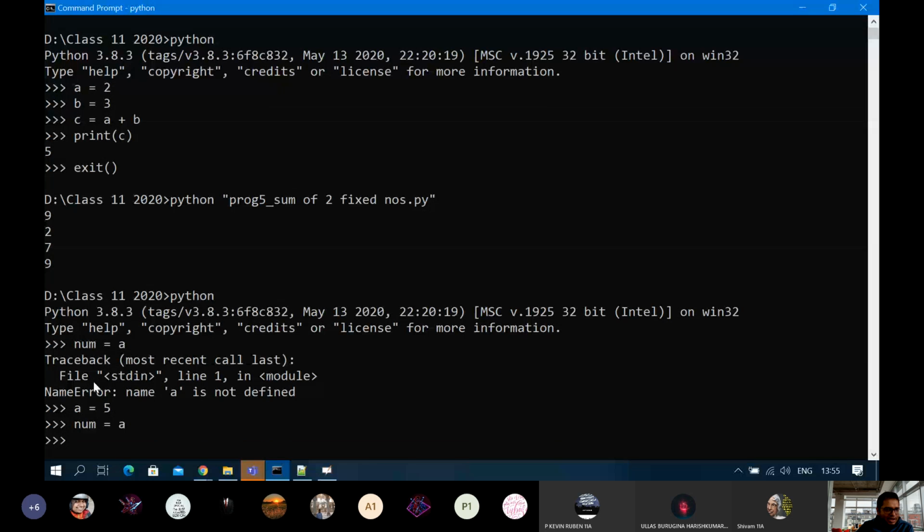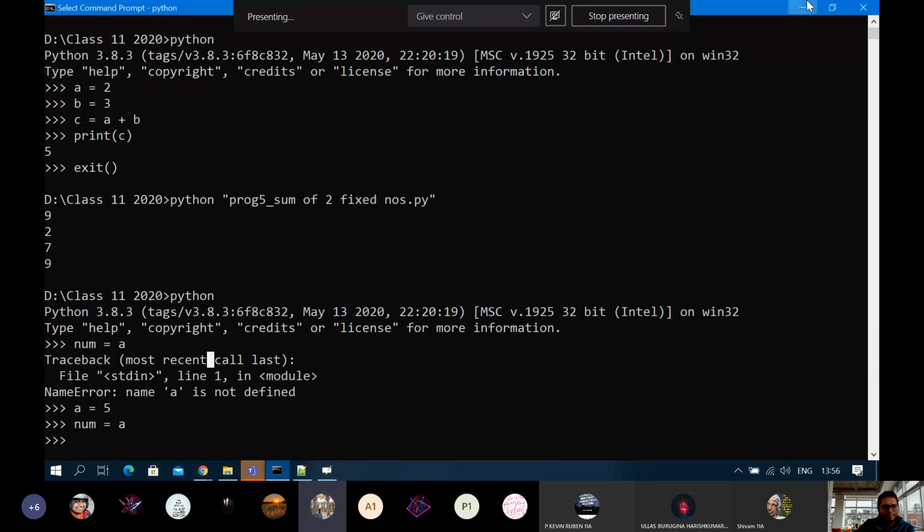So here if you are directly writing without previously creating a memory location and creating a label A, अगर अभी तक label बना ही नहीं है A किसी memory location के लिए, so how are you trying to fetch a value from that label and reassign it in another memory location being labeled as num? ये तो possible ही नहीं हो पाएगा ना. Therefore it is complaining A is not defined because label A has not been created so far. Clear है Aditya? Okay. Is it fine?